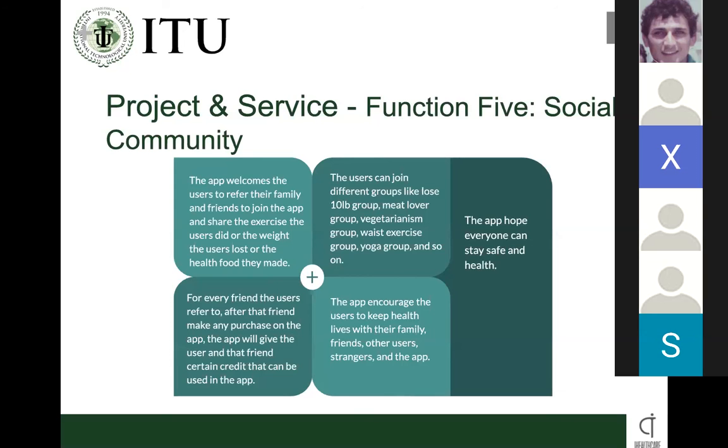It's not just an app, it's like you can share your life here, your meals, and what you did today. We also have different groups: we have the same goal, a lose-10-pounds group. We all like yoga, so we have a yoga group. Or we all like meat, so we can have a meat group, about how we can cook the meat